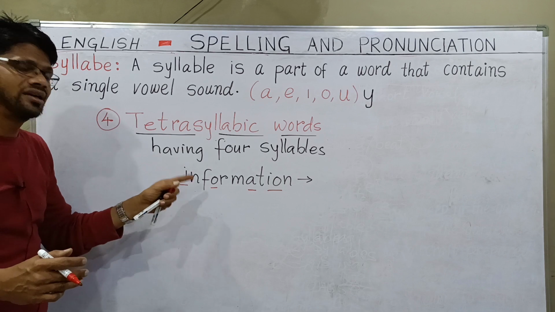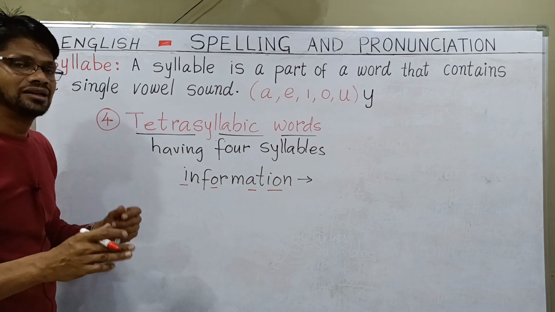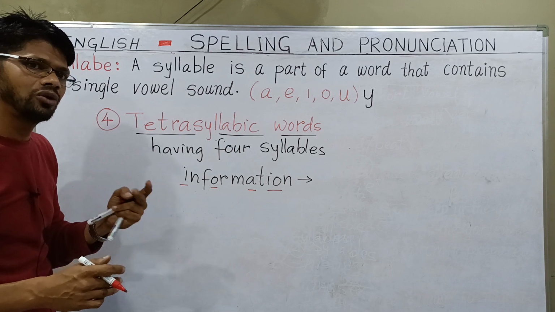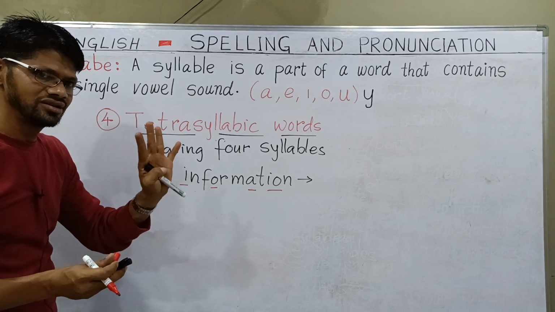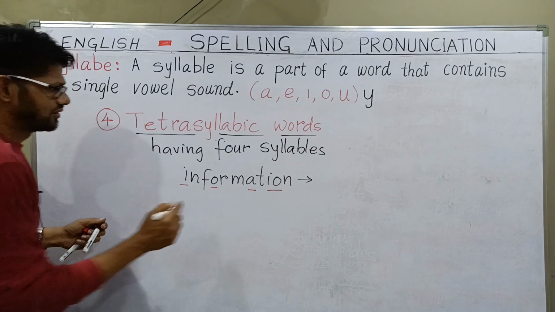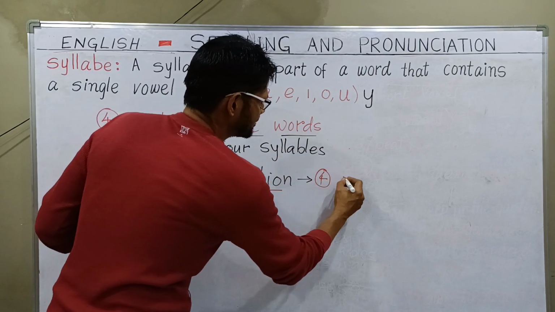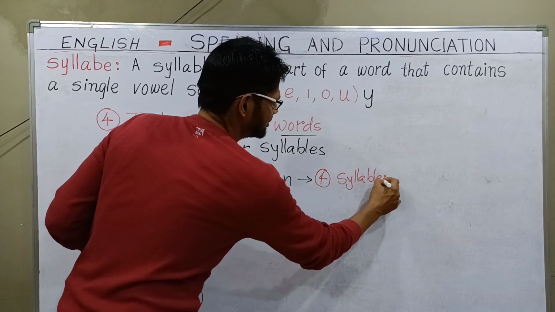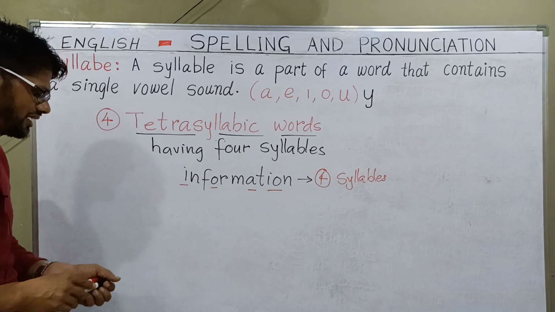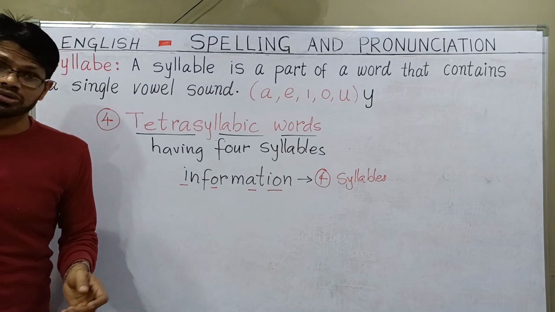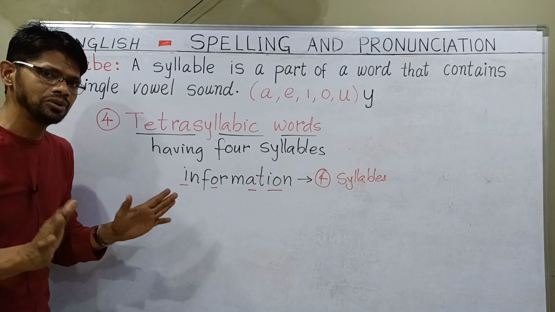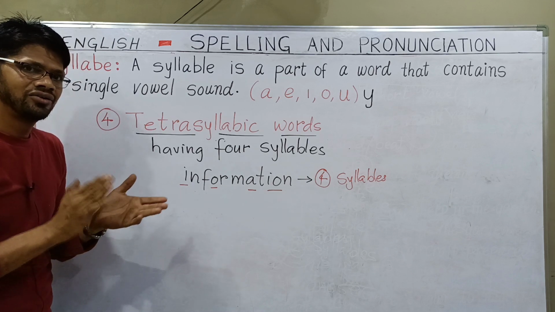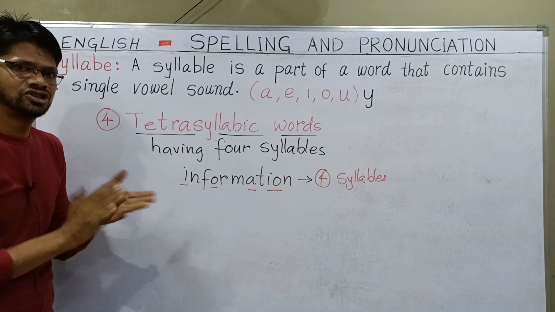Even though there are 1, 2, 3, 4, 5 vowels in the word information, the word information is producing how many beats? How many vowel sounds? 4 vowel sounds, or we can say 4 syllables. So how do you check that it has 4 syllables? Very important, very simple. Just clap and count vowel sounds. In, for, me, tion.